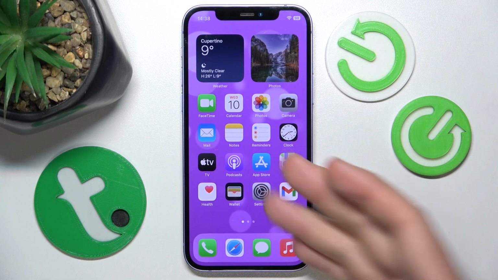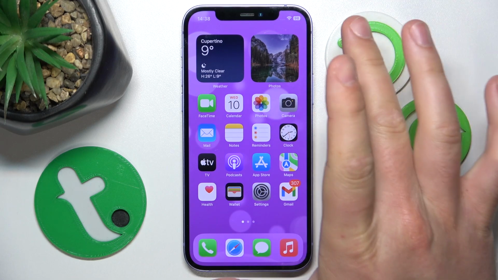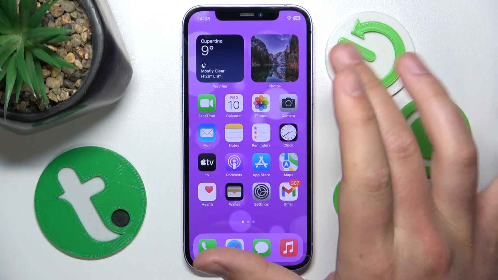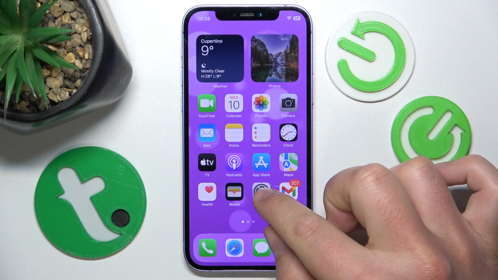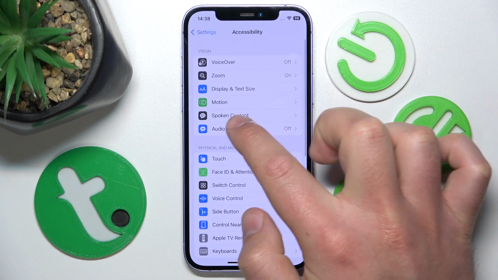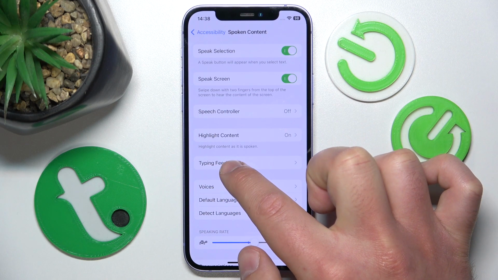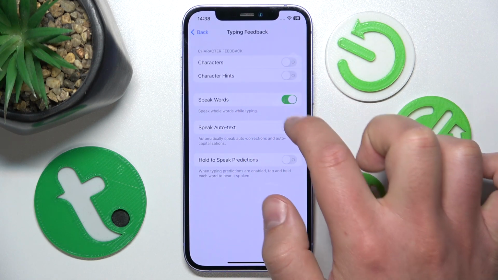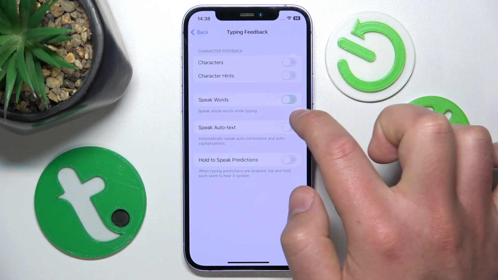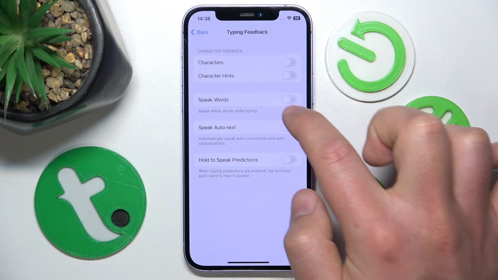So today in front of me is the iPhone 12 with iOS 17.4, but it really doesn't matter which iPhone you have or which version of iOS you have, it is all going to work the same on all the iPhones. So what you want to do is go to Settings, then Accessibility, then Spoken Content, and then Typing Feedback. Once you're here, you want to set the Speak Words option to on, as you can see. So just tap the button, make sure it's green, and once you have selected it,